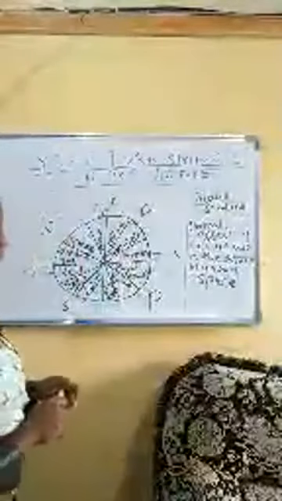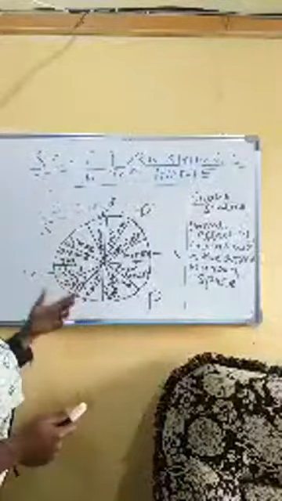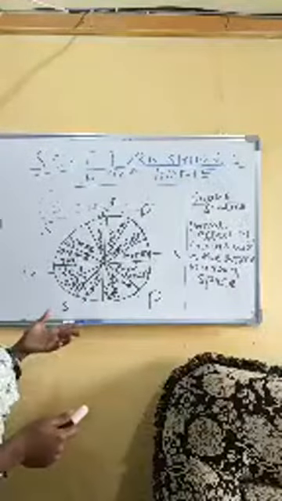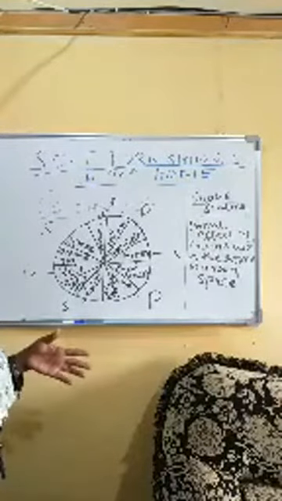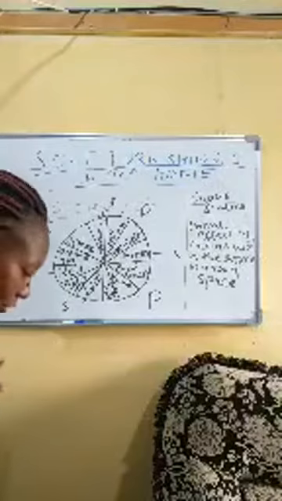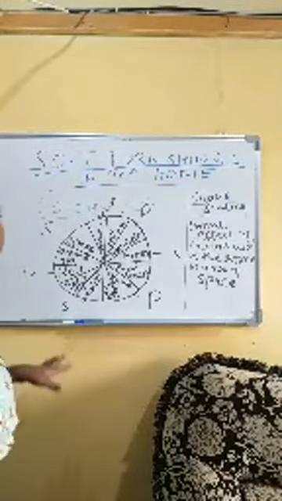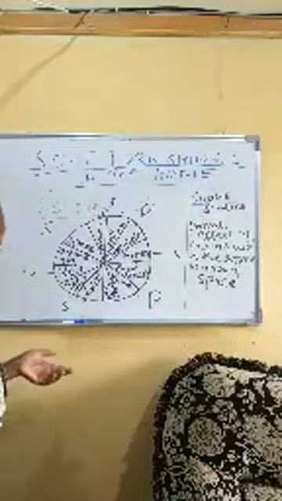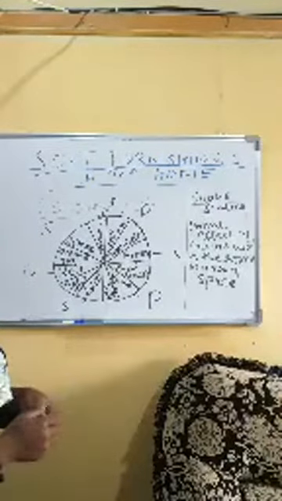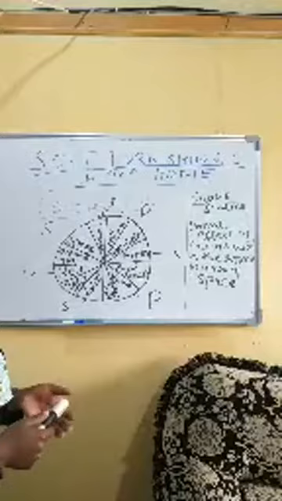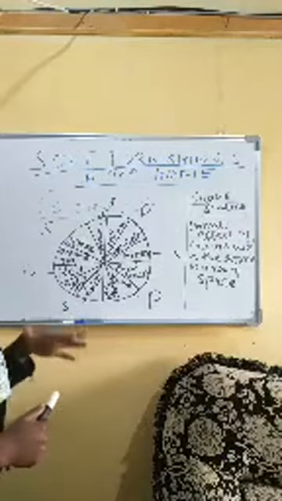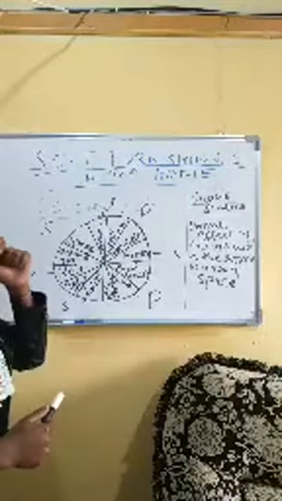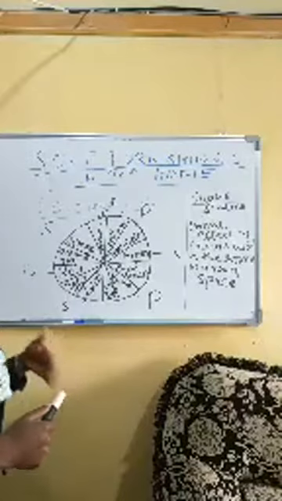So for you to be able to come up with a color scheme, you must know how to come up with colors that are harmonious. A color scheme is going to make sure that all the surfaces in your room are in harmony. So what are these surfaces that we are talking about in a room? You can have the walls, you have the floor. Apart from that, we can have furniture. So all those should have colors that are going to be harmonious. So that is where you come up with a color scheme.